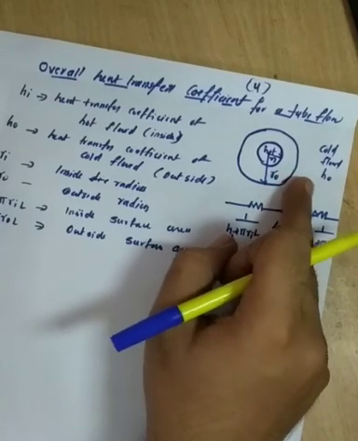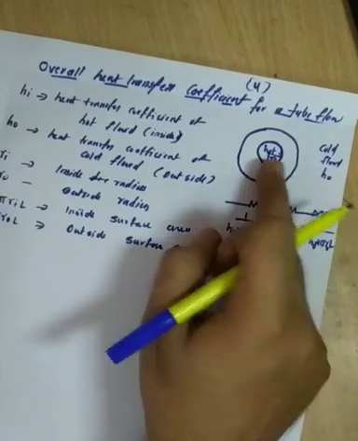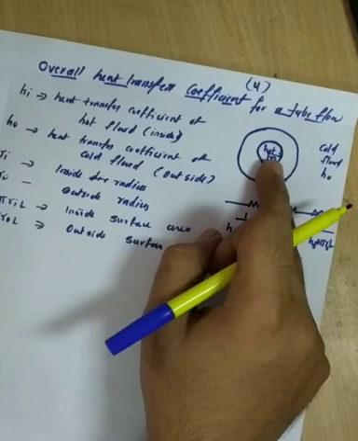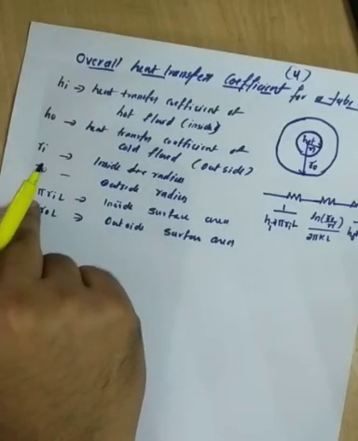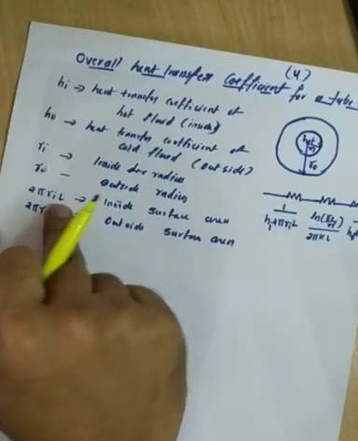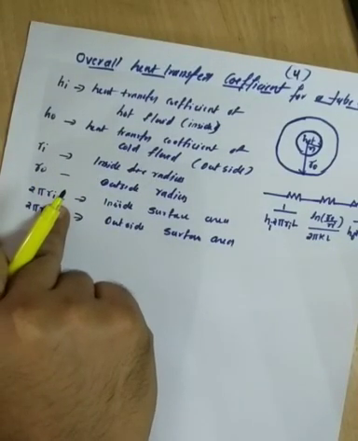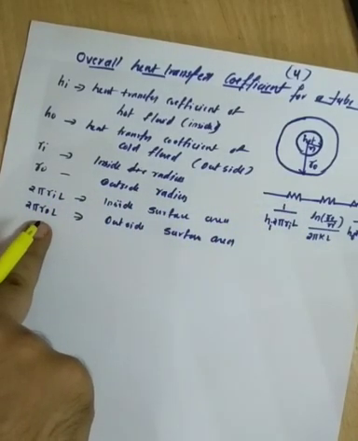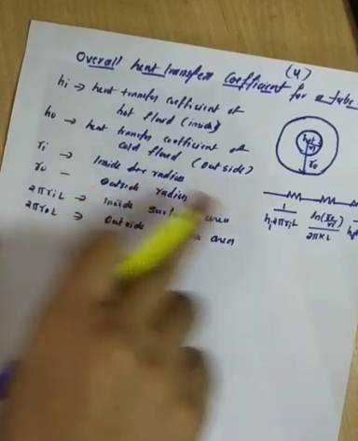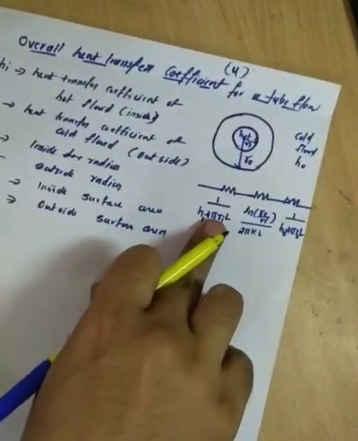this tube is represented by Ro. If L is the length of the tube, the inside surface area of this tube is 2 pi Ri L, and the outside surface area of this tube is 2 pi Ro L. So if we draw a thermal